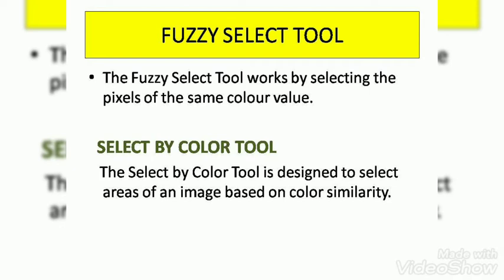Let us see how it will be done with the help of two different tools. One is to select an area. Two things are there, foreground and background. So you can select the background, or the particular foreground image you want. You have to select on that image. Then you will get a paint brush tool. So you have to cut one line on that image, that this image I want, on the foreground, and the background will get dark, and that will be deleted, and you will get the foreground image. Only the image will be with you. The background will be deleted with the help of this tool.